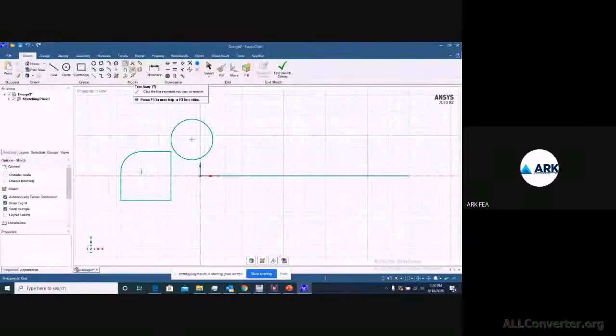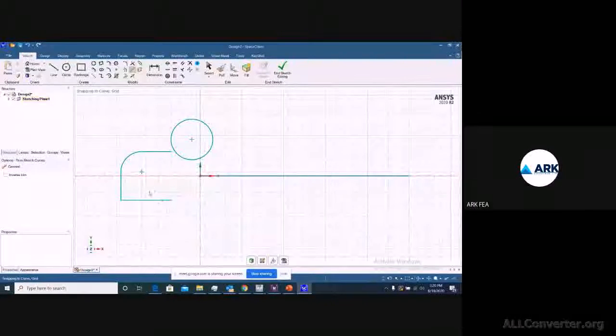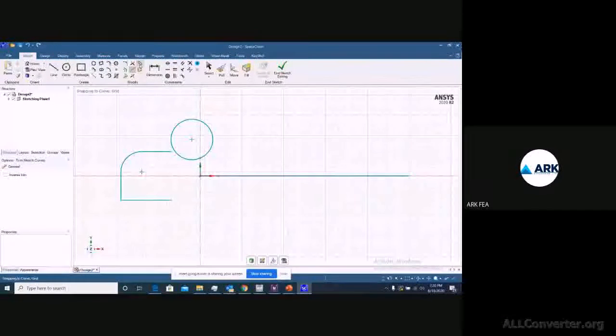Then this is a trim away. So whichever is the unnecessary part you want to remove from the sketching, you can just select and click over there, and you will be able to delete it, right? So